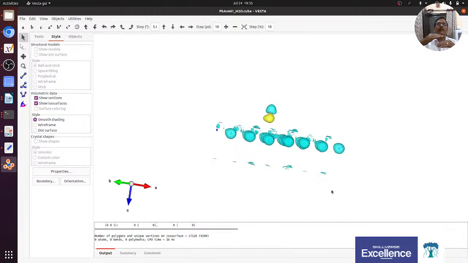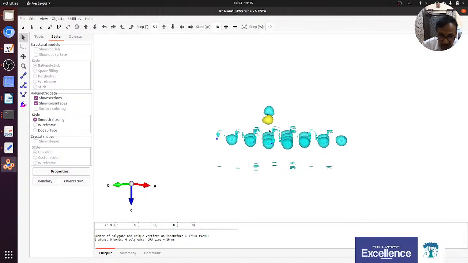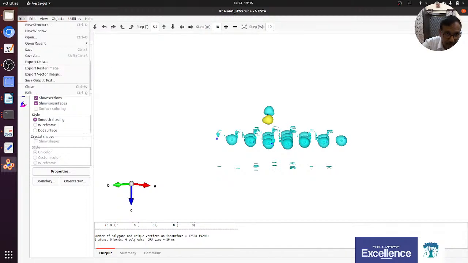So we can subtract some lattice vectors, and we can get that clear image. So this only that additional charge is towards this, so that is showing that interaction with this. So these are one type of charge, and this one is one type of charge, and this is that second type of charge. So this is the plot of charge density distribution and charge density difference, and we can save this in